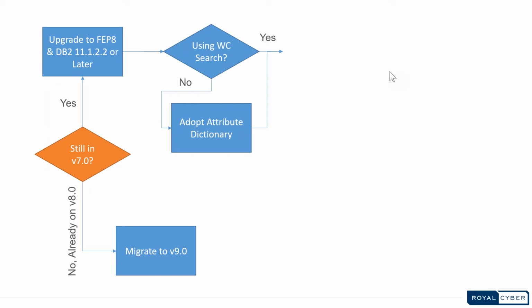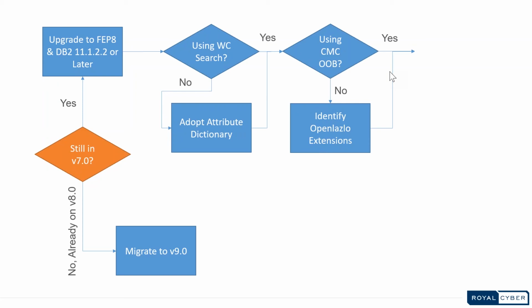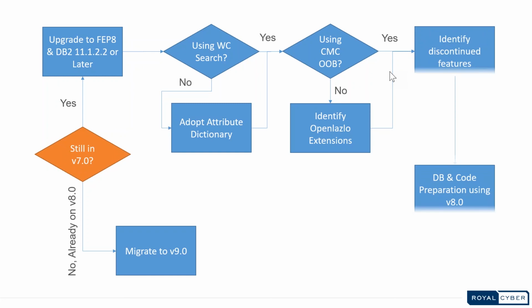I have to put that into a simple graph, so it might help you guys. So let's say the question is, are you still on version 7? If the answer is no, that you're already on version 8, then it's very straightforward for you. Keeping in mind that you should be on the jQuery store. If you're not on the jQuery store, then obviously you'll have to migrate to the jQuery store to take advantage of complete V9 enhancements. If you're still on 7, then we have to first upgrade you to feature pack 8